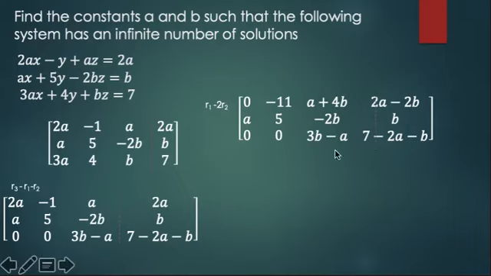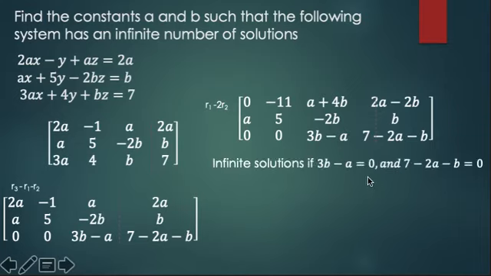So obviously the statement we're going to look at is this one here. So for this to give us infinite solutions, we know that 3a take b has to equal 0, and 7 take 2a take b has to equal 0. So we could write ourselves another matrix if we want to, but let's just keep it simple, and we can just go, all right, well that must mean a equals 3b's, and then we can substitute that straight into our